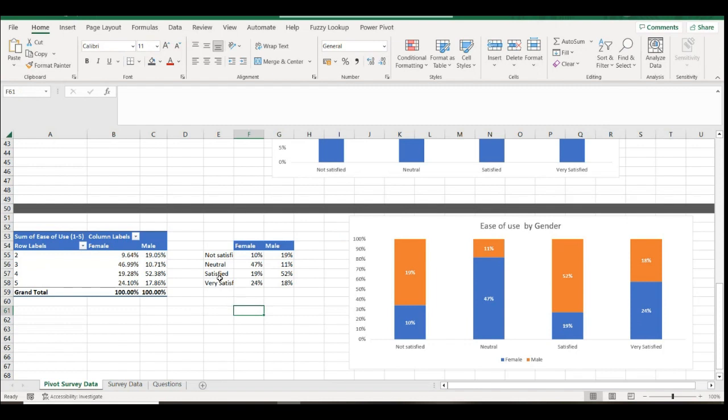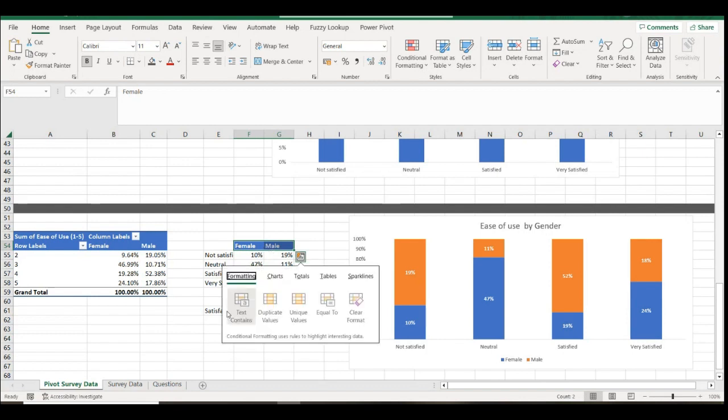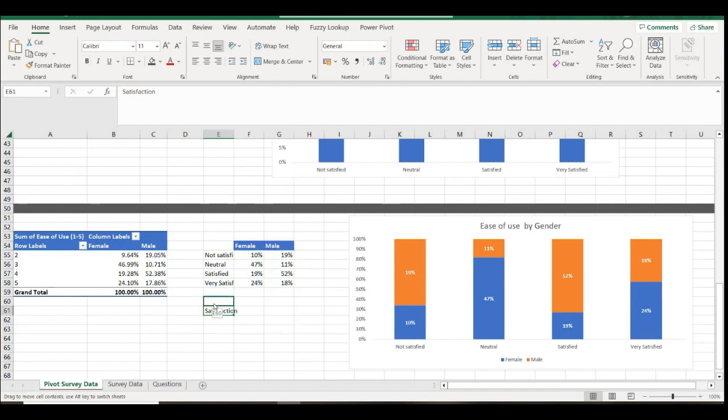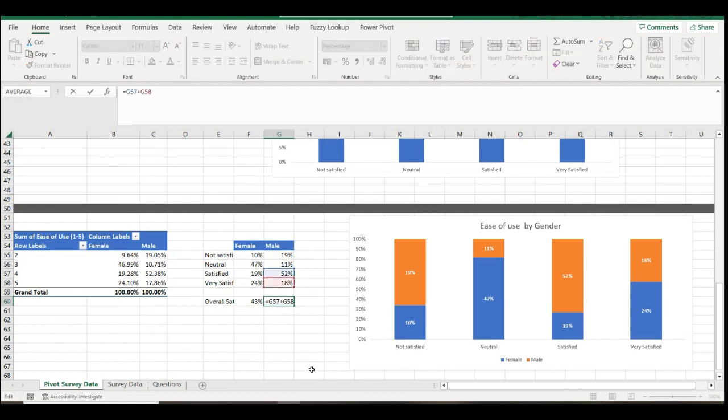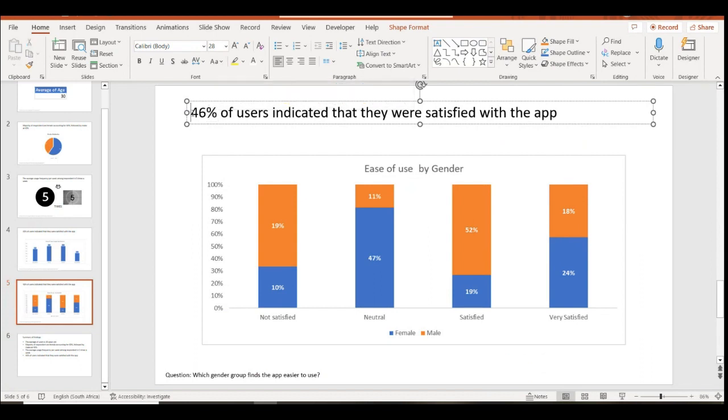So what we're going to do, we're going to combine the two satisfactions, and then by female and male. Just say overall. And we're going to say equals this plus that. 70%. So males find the app easier to use. So these numbers you can then quote here on your presentation and say